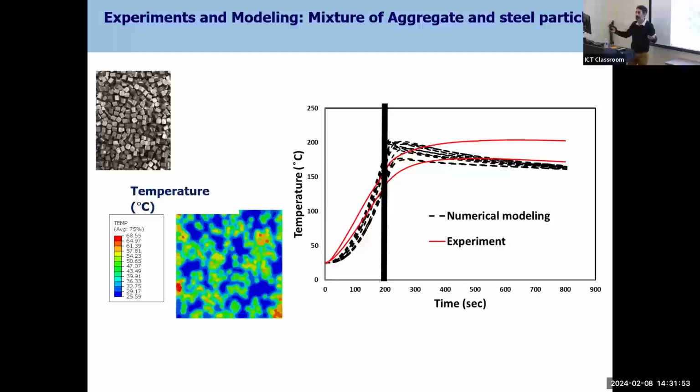Of course, when you have electromagnetism, those steel particles heat up, and the temperature increases. Once you have an increase in temperature, the temperature starts to affect the other areas. We will have conduction, and we see how fast we can increase the temperature of the mixture. And then we looked at the numerical modeling and the experiment, and they were close, and based on that, we were able to give them some recommendations.